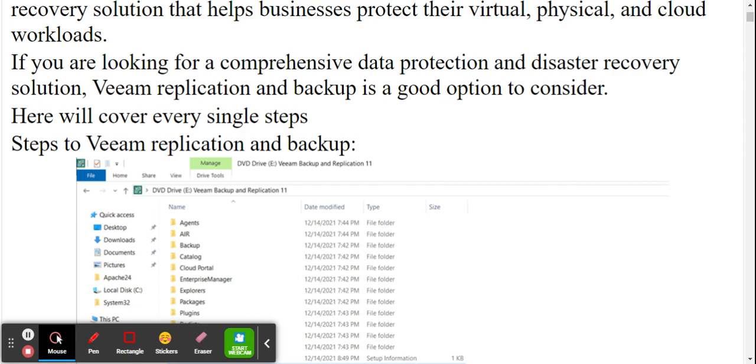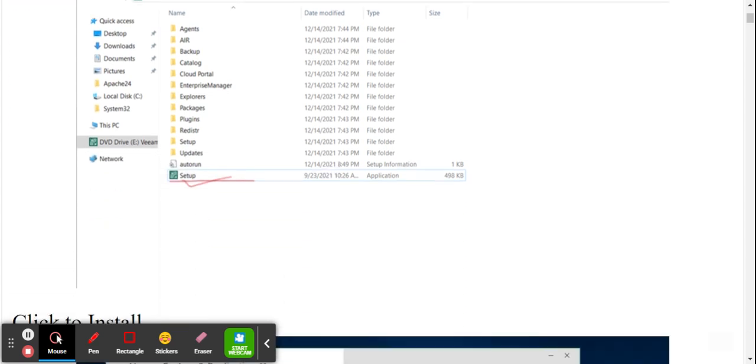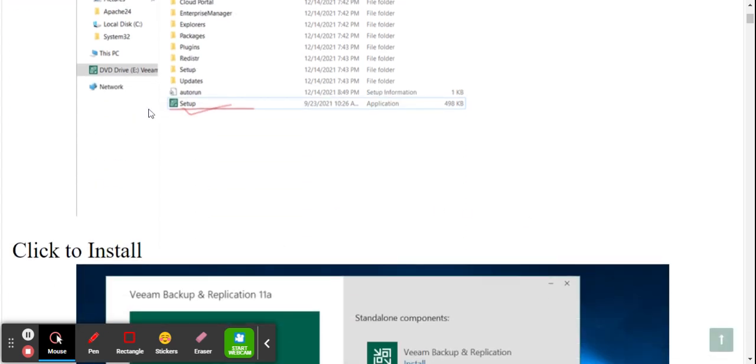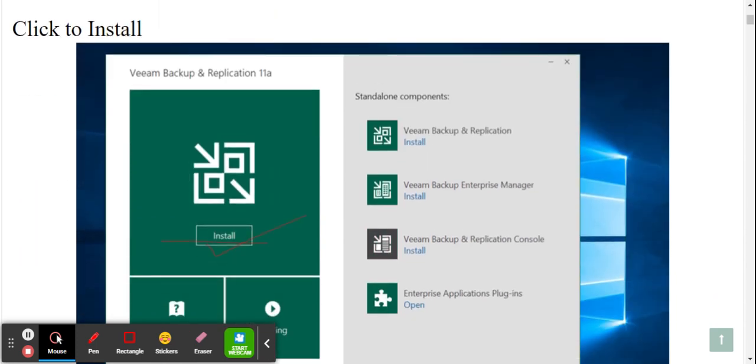Once we have downloaded it, we can go for the setup file, like below, you can check over here. There is a setup file. You just need to click there. Once you click, there will be an option to install Veeam backup and replication. I'm using Veeam backup and replication version 11a. So I need to